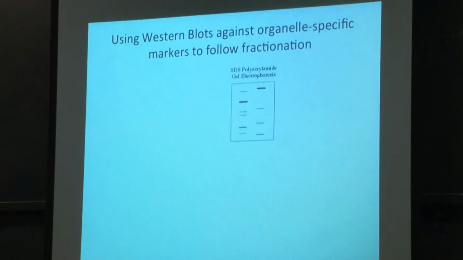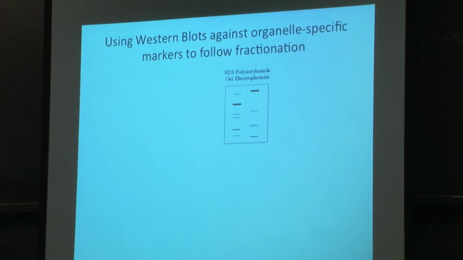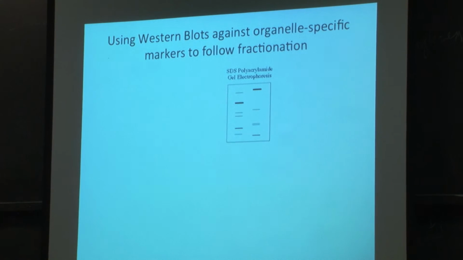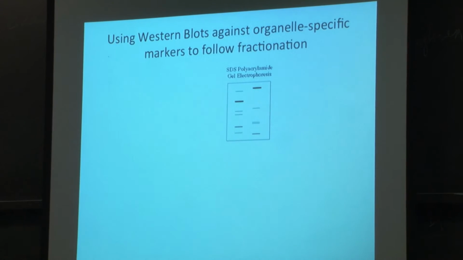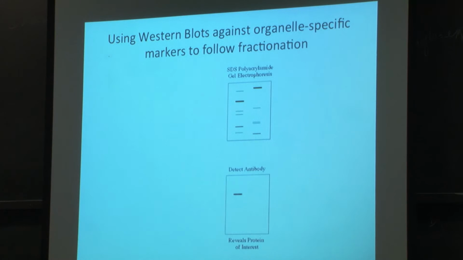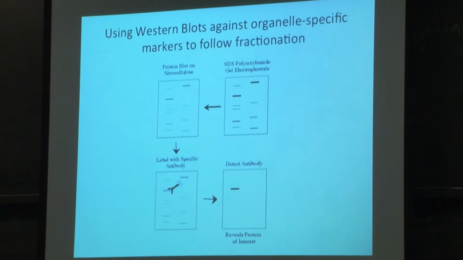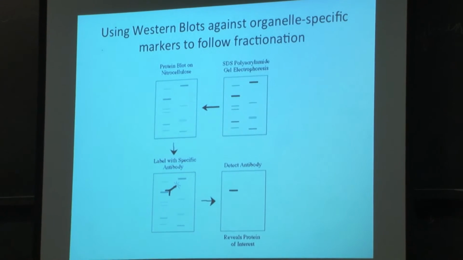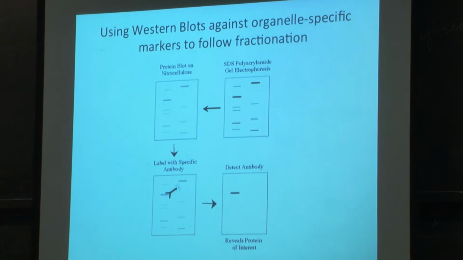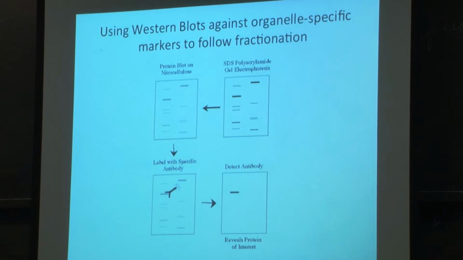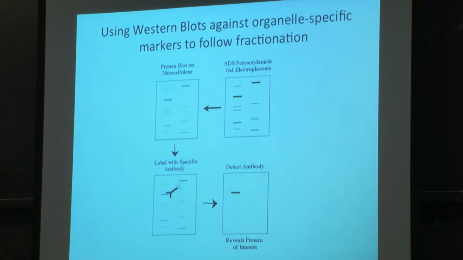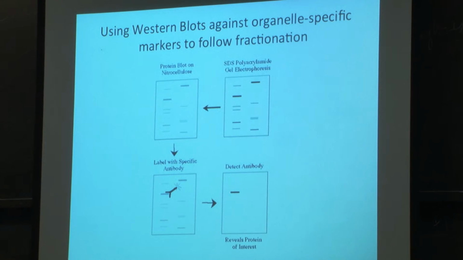Does anybody know what you do next to do a Western? You need to use a membrane. Right, so the next thing they did was transfer it to a membrane, okay. And why did they have to transfer it to a membrane to do this analysis? I mean, this is an extra step, and it turns out,